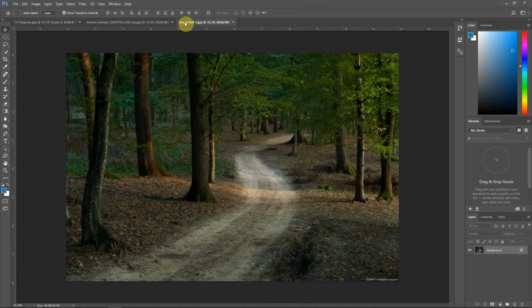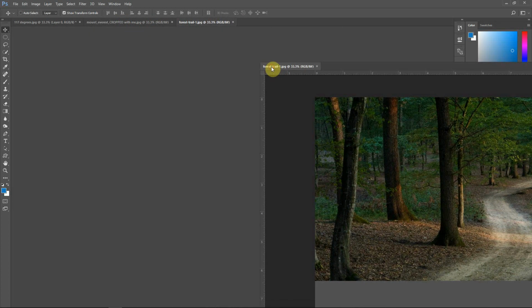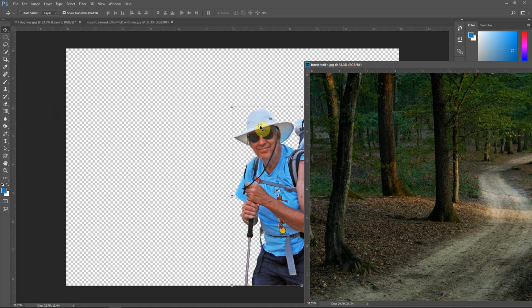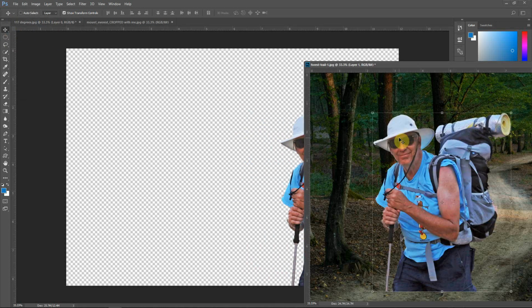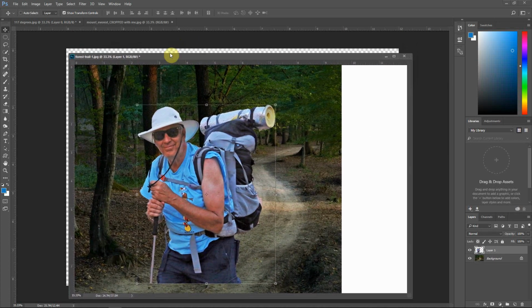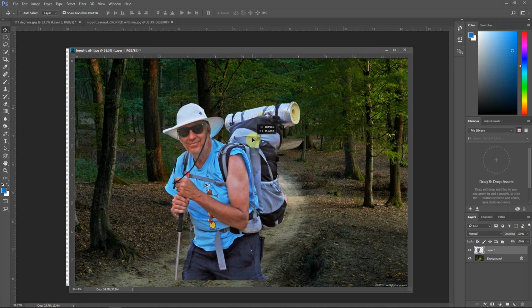So I'm going to click on the forest trail. I cannot have both photos like this on the bar and make it work. So I'm going to drag the forest photo down. I can move it over some. Go back and click on the image of me and move it over to the new image. Now you'll notice right away that the lighting is different, the colors are different, but I'm going to work with